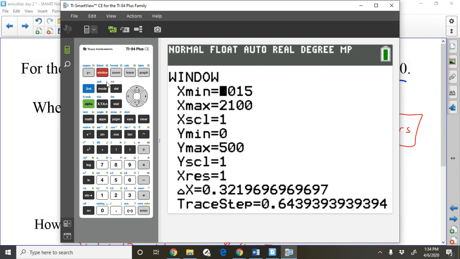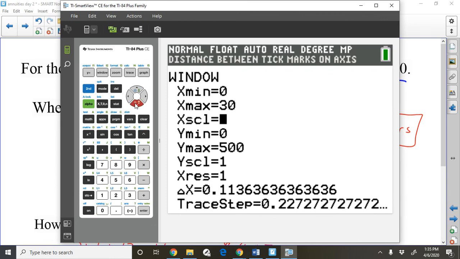Now, we need to set up a reasonable window for this. Our x-coordinate is the number of years that you're paying the loan off. You cannot pay it for less than 0 years, and the original loan was 30 years, so if we're sending more each month, the x max will be 30. We will definitely pay this off in less than 30 years. On the y scale, we're not going to have negative amount of dollars. And the amount that we start owing is 250,000. So let's go up to maybe 275,000. And if I graph this,